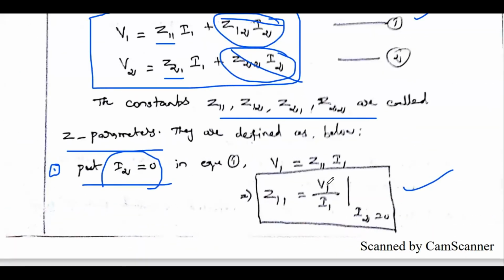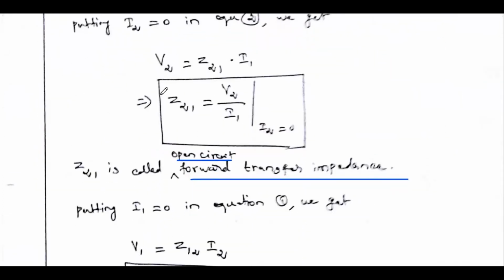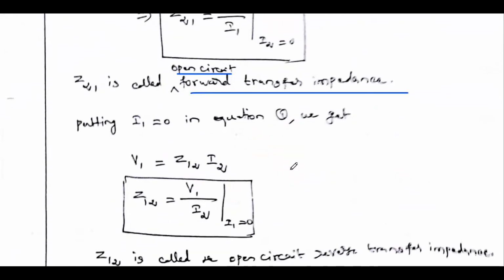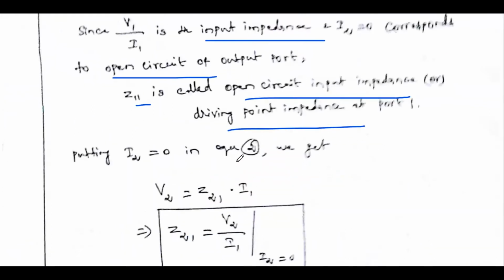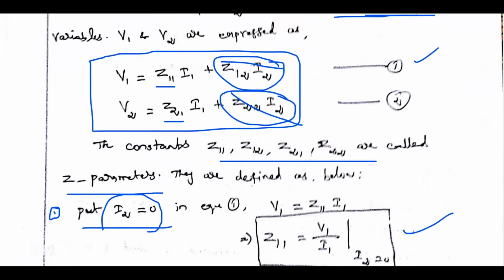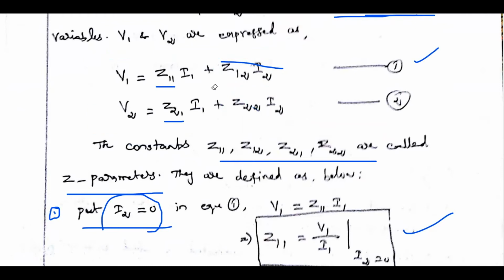Z11 is a ratio of input voltage divided by input current, so it is an input impedance. But Z21 is output voltage by input current, so it is called a forward transfer impedance. Okay. Then next one, similar to this, if we want to find out the two Z parameters, that is Z12